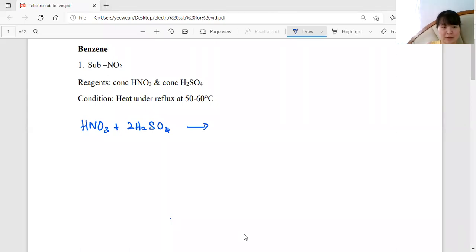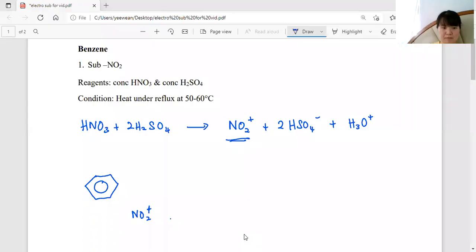To initiate this reaction, we'll need the electrophile first. So what's going to happen is the nitric acid and the sulfuric acid will initiate this reaction by forming an NO2 plus. So this is what we need. And there's going to be 2 HSO4 negative, and it'll form a H3O plus. That electron-rich area is going to be so attracted to this